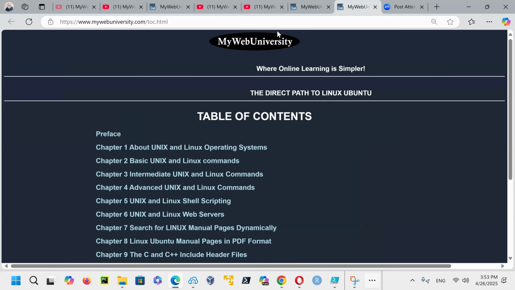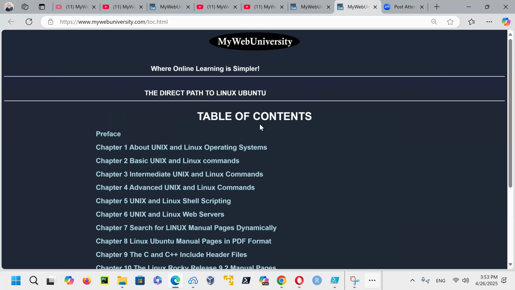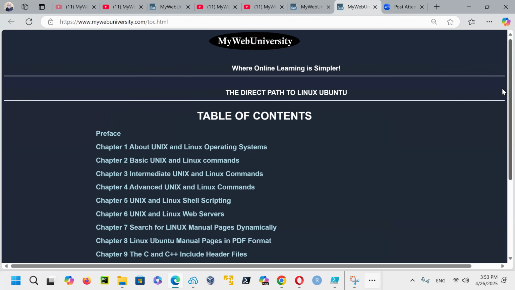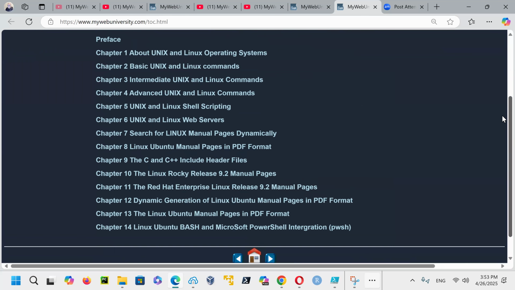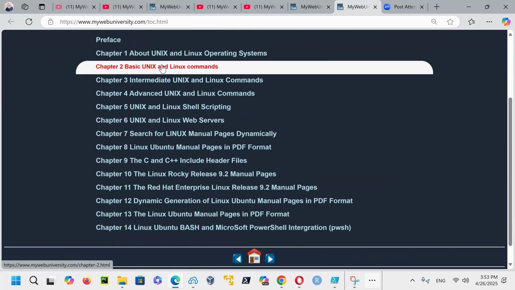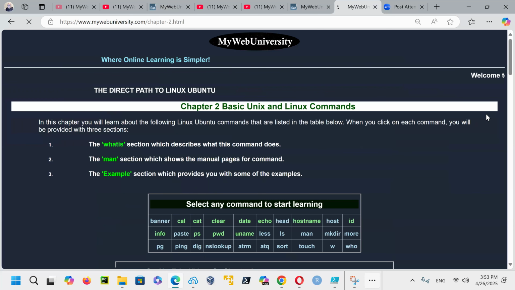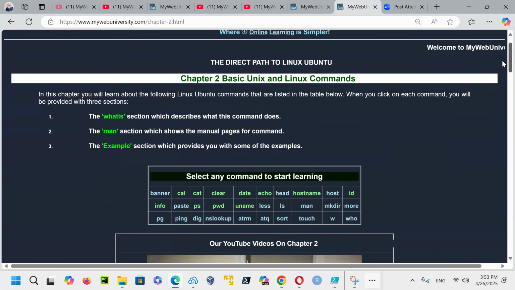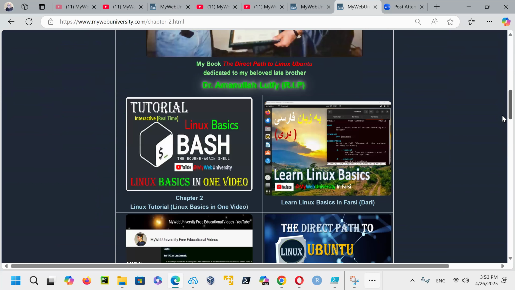So let me just go through the online books, and then there's a lot here. So table of contents, as you can see here, I have 14 chapters, right? So on chapter 2, if you want to learn the basics of Linux Ubuntu online, you can come in on chapter 2.